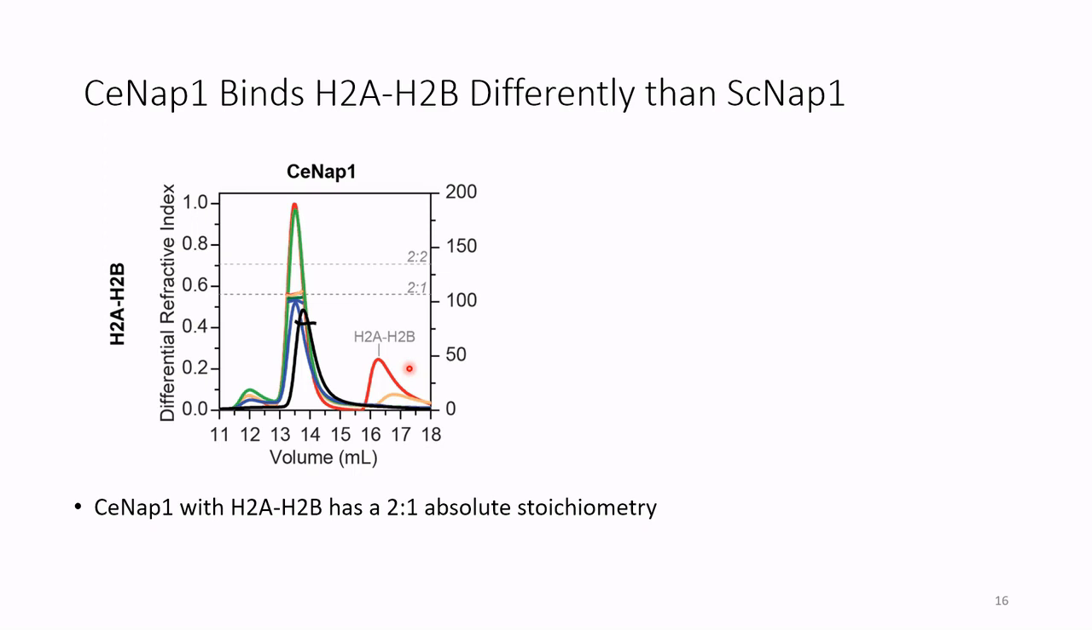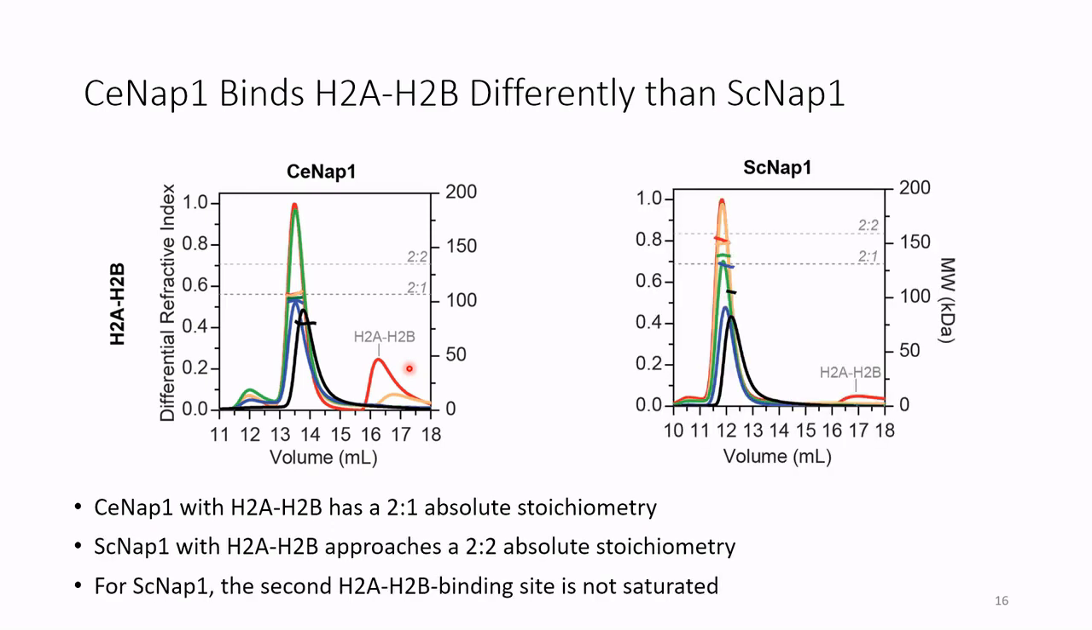However, we are confident, because it is just a 2-protein system, that it is H2A H2B that is coming out. Along with that, we compare it to yeast Nap1 and see that it's different. When we titrate our H2A H2B, we see that the peak height consistently increases, and the molecular weight first hits a 2-to-1 stoichiometry of Nap1 to H2A H2B, but eventually starts approaching a 2-to-2 complex, but doesn't hit saturation, which indicates that the yeast Nap1 is able to